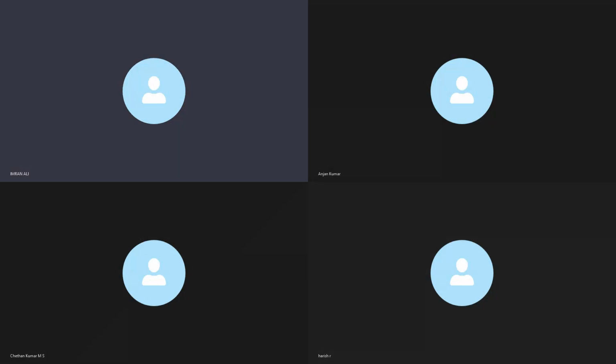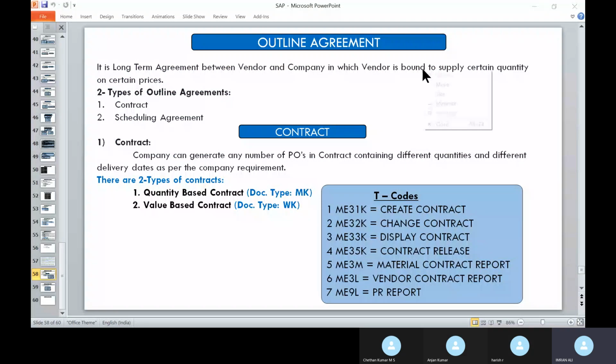Okay, so next we will move to outline agreement. What is this outline agreement? You have to know. So till now we have covered all the activity processes like the P2P process, procurement to